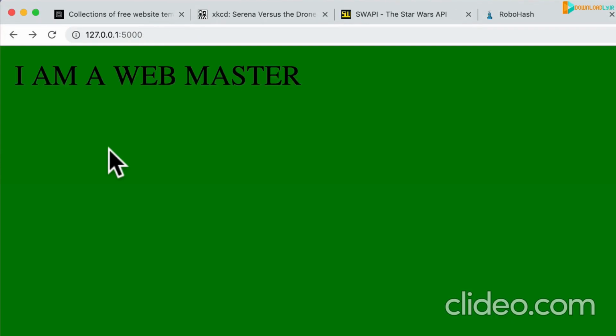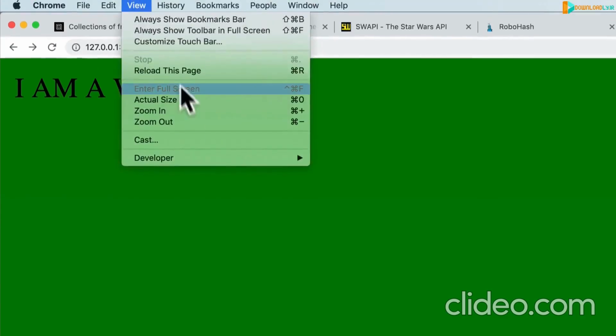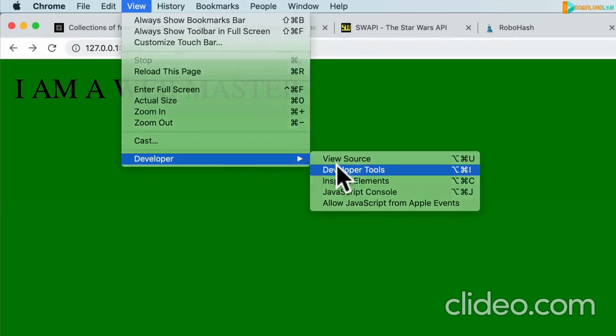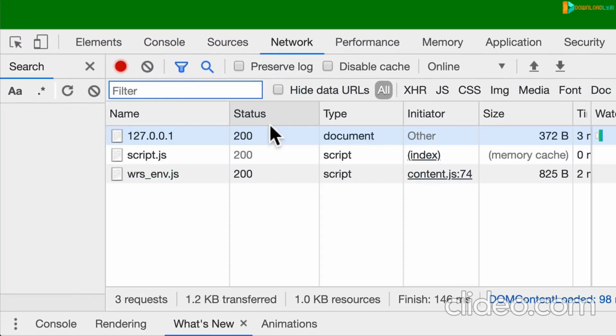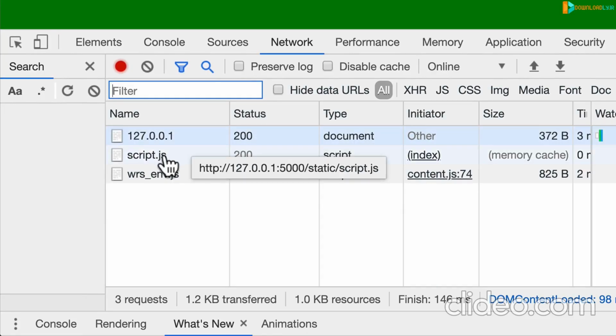If I now go back and refresh, hey, look at that. My beautiful green website for, let's say this is Christmas website, is now working. If I open up the developer tools, go to network and refresh, hey, check that out. I have my document, then I have my JS file,